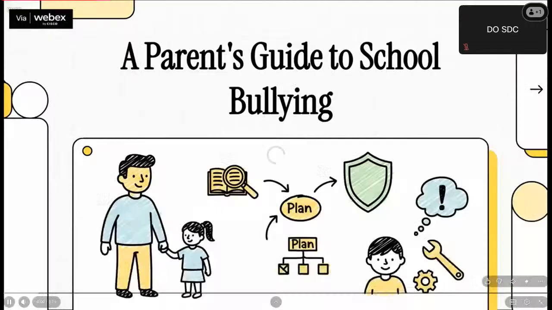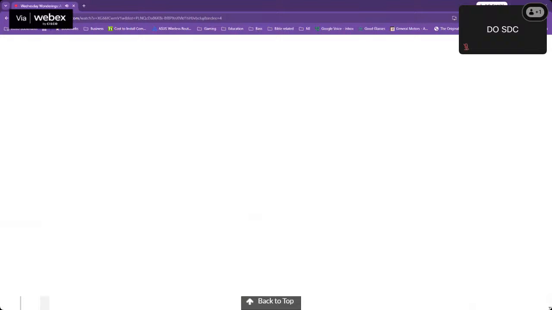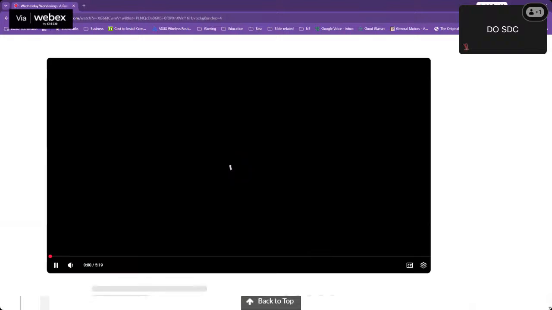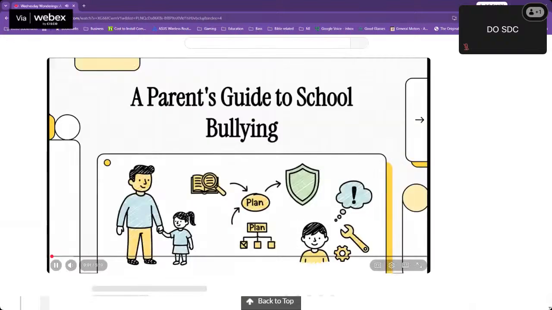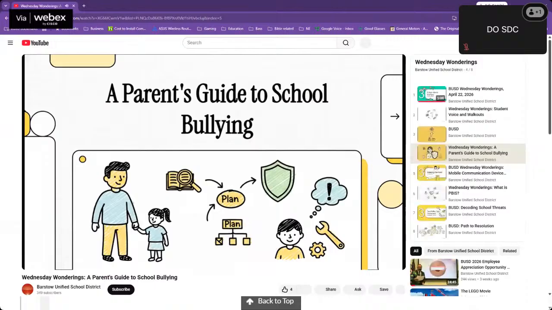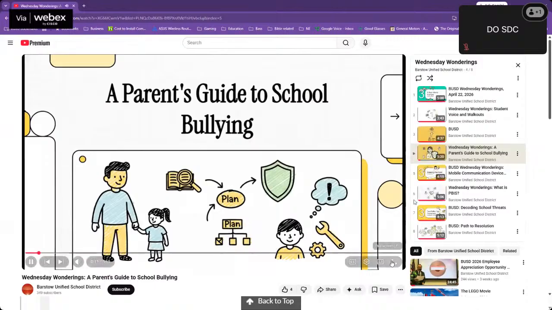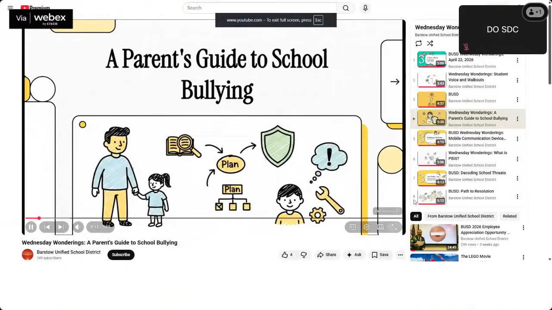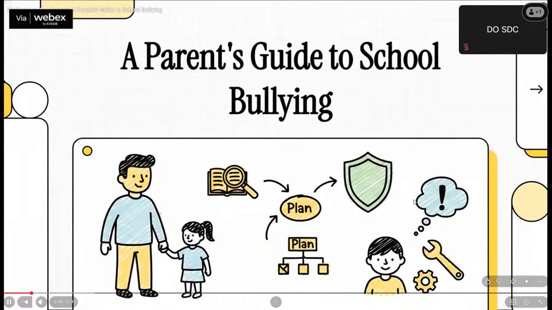You know, if you're a parent, there are few things more worrying than finding out your child is having a tough time at school. But let's get right into it. When does a simple conflict cross that line into actual bullying? Today, we're going to break down a clear, research-based plan that will help you figure out what's really happening and give you the tools you need to support your child.